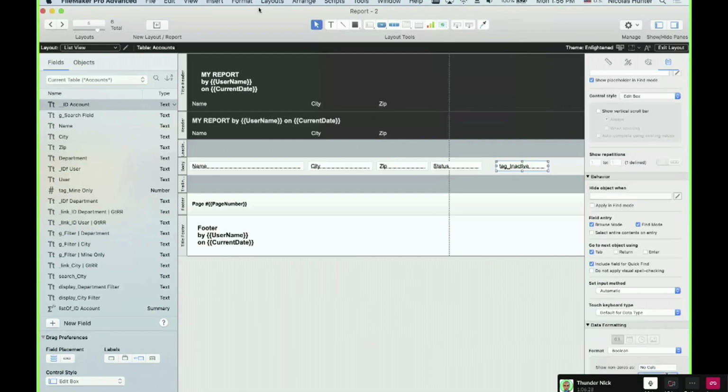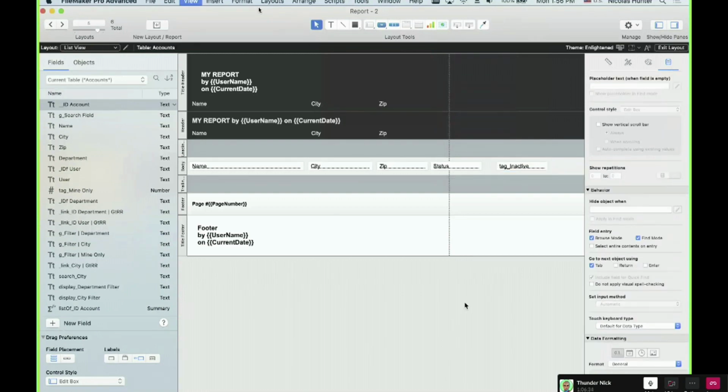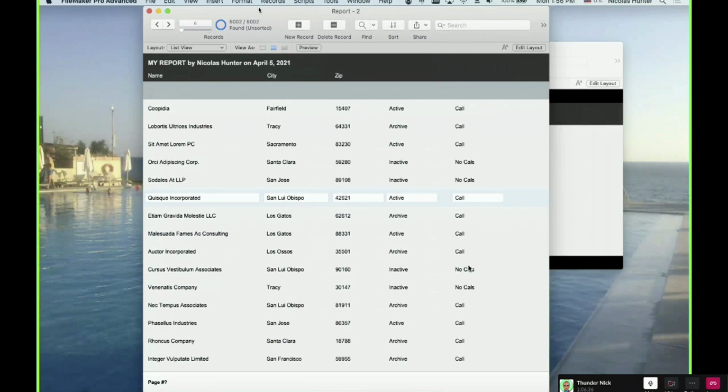Okay, no call, call. So I want to call only the ones that are active, right? So it's kind of another trick you can do. You can take something out of your fields. You have a field telling you something, and then in the reports you can show something else.